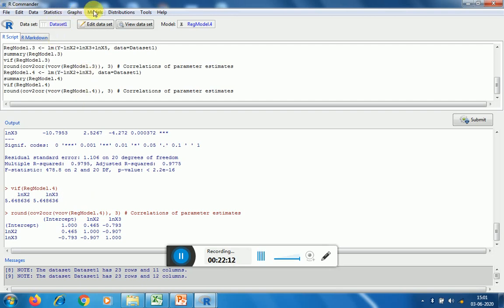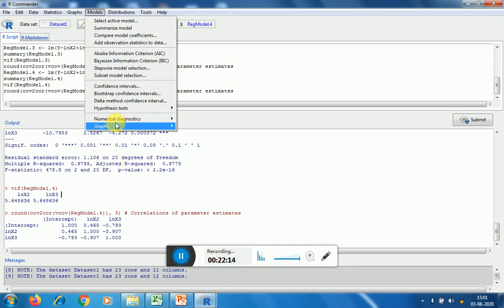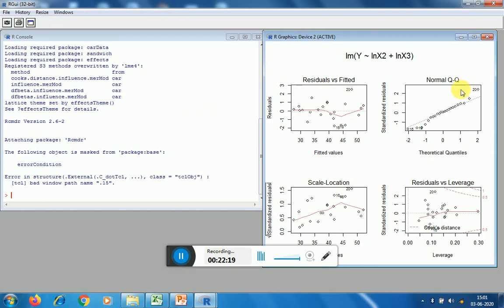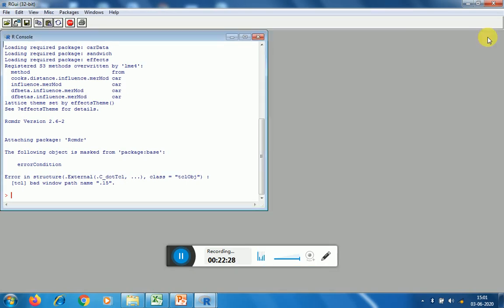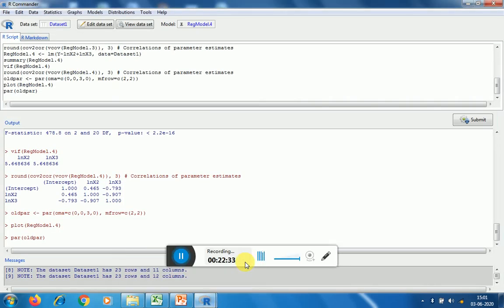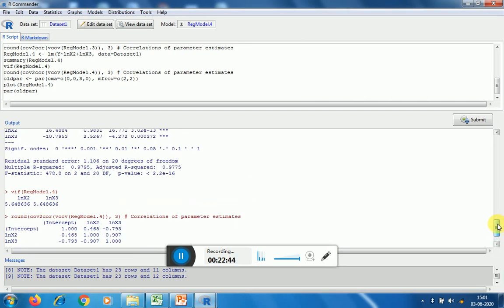Even you can check for the rest of the things, like you can go for the graphical basic diagnostic test. Here you can see that almost all the points except one or two or a few are now going beyond, right? But as far as this VIF is concerned, multicollinearity seems to not exist, even though in the correlation we see that there is a high correlation.